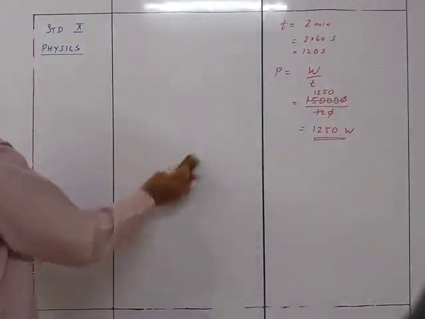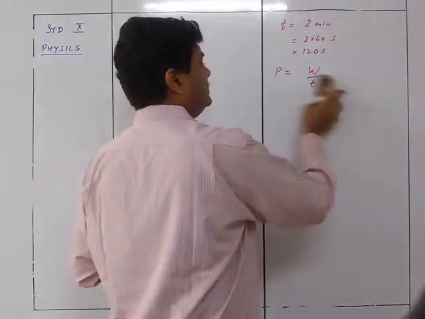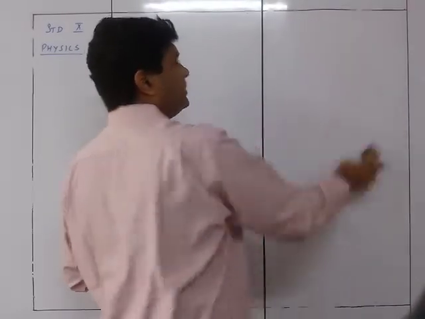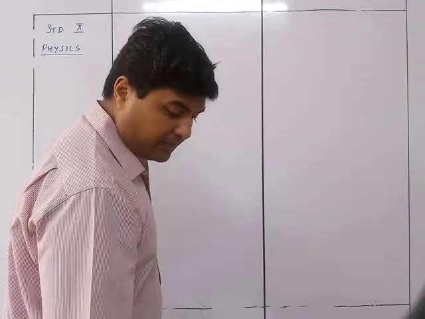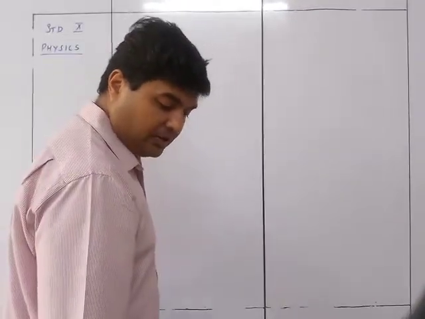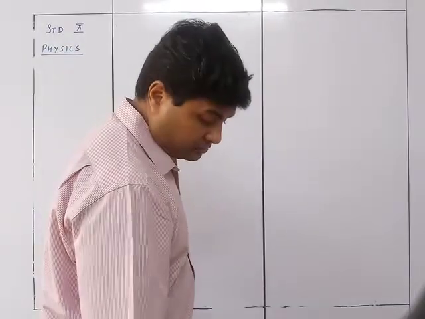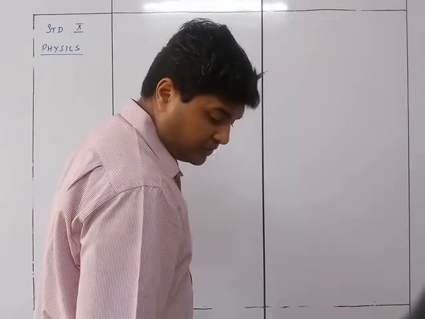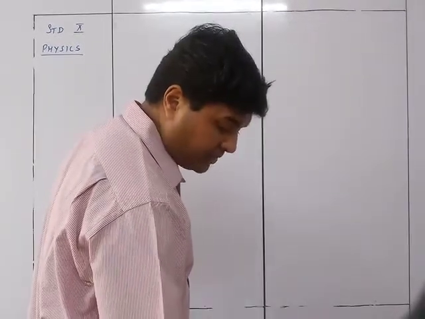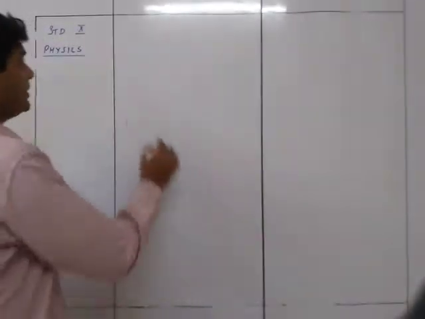Very rarely you get sums based on work energy theorem. So many a times when you practice, you forget that this was related to work energy theorem and hence you miss out on the practice. So when it comes in the examination, you get confused about how to find it out and make mistakes. So that's why do mark this particular question properly, that sum number 18 was related to work energy theorem. We now move on to sum number 19.